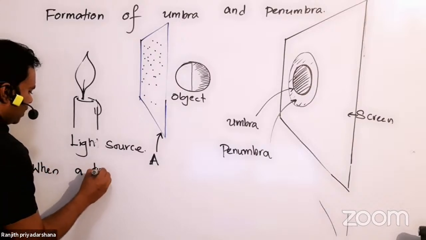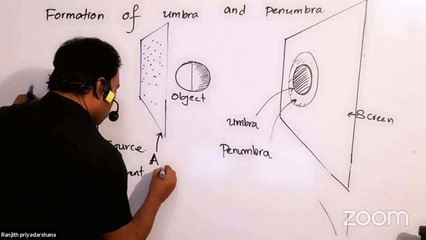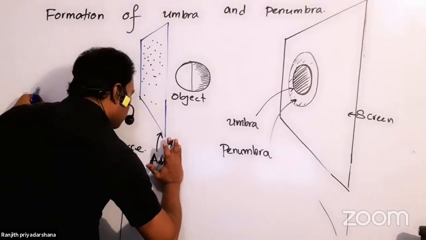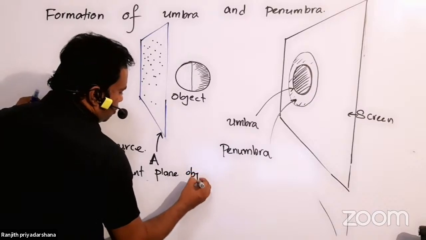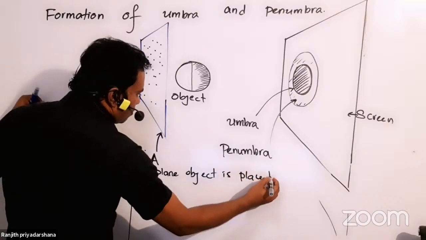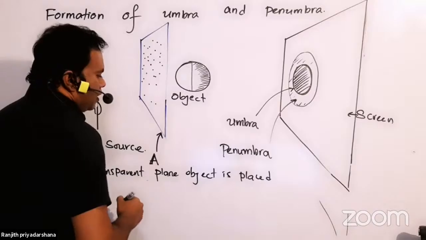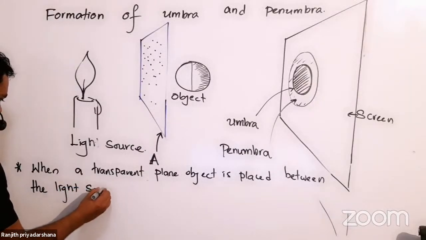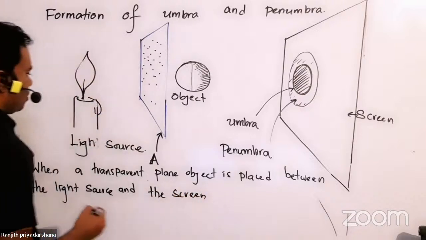When a transparent object or plane object, a transparent plane object, is placed between the light source and the object,